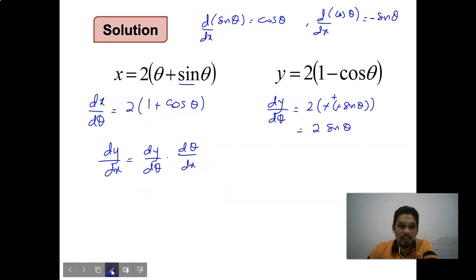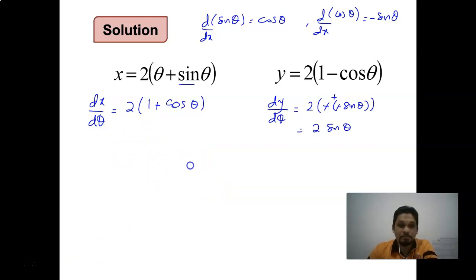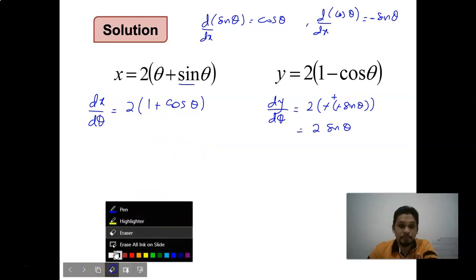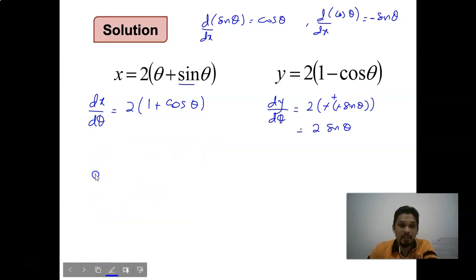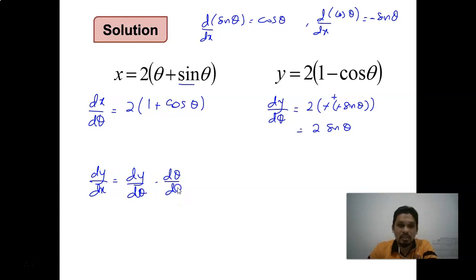So if I rewrite this again, dy/dx equals dy/d theta, then multiply by d theta/dx. dy/d theta is all here, but for d theta/dx,